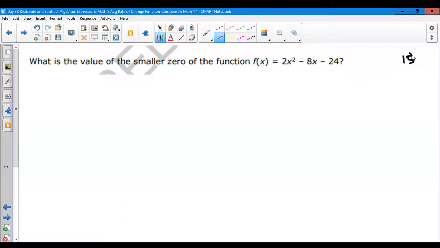All right, this is number 15 from the sample test. Very similar to the other one where we have to find the zeros of this particular function. So you will set it equal to 0. And then